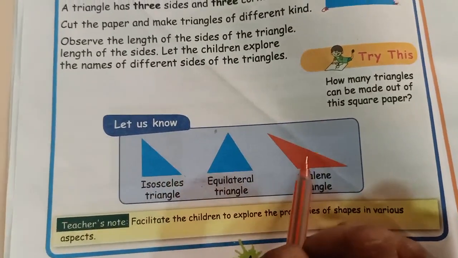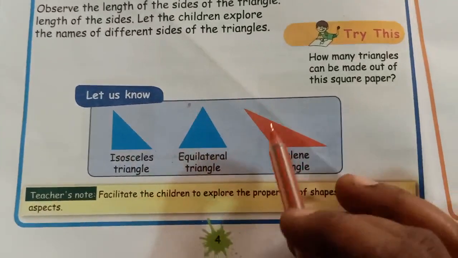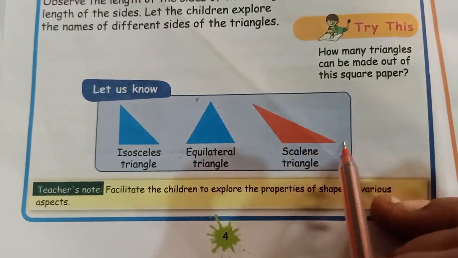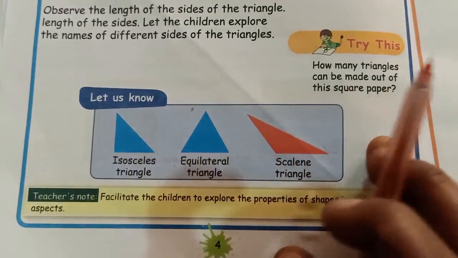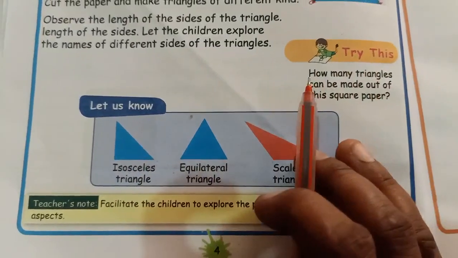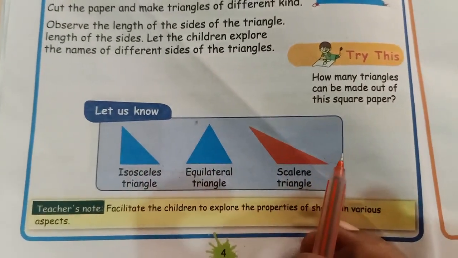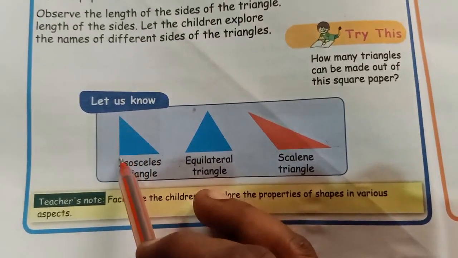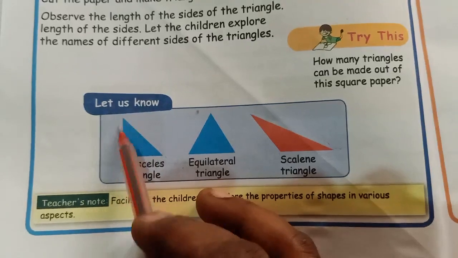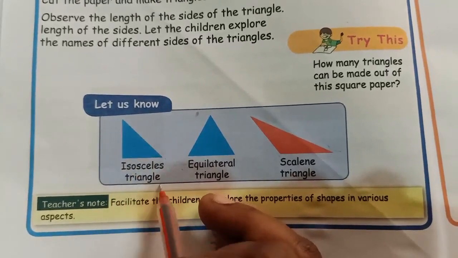But see the length. See this length and this length. These two are short, this one is very long. So only these sides may be equal or may not be equal. Equal irukkalam, equal illame irukkalam. Now we have the names of the triangles. Observe these two sides only; an L type is coming. So likewise, such triangles are called isosceles triangles.